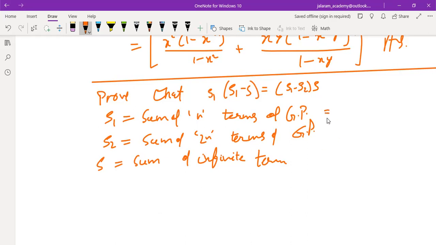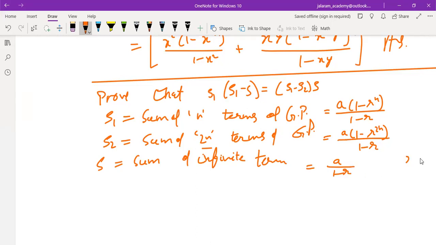Now we know that S1 means sum of n terms of GP. So formula will be A into 1 minus R to the power n upon 1 minus R. 2n terms is A into 1 minus R to the power 2n upon 1 minus R. And infinite GP A upon 1 minus R, and it also shows that R is less than 1. Then only we can find the sum of infinite terms. Now we start with LHS,